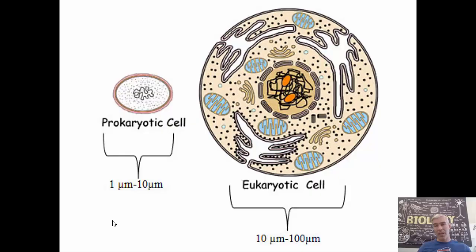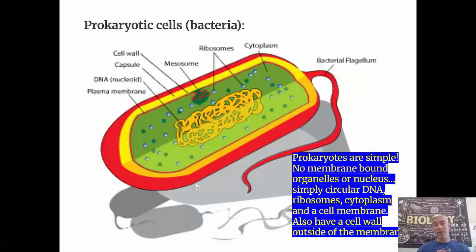And how much more complicated that prokaryotic cell is. And the reason it's that much more complicated, about 10 times larger too, has to do with what are called membrane-bound organelles. So it says here, prokaryotes are simple, no membrane-bound organelles or nucleus, simply circular DNA. That's important. The DNA is circular, meaning that instead of being a long single piece of DNA, it actually attaches